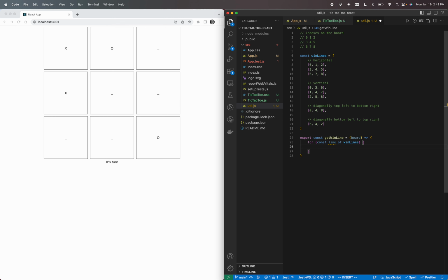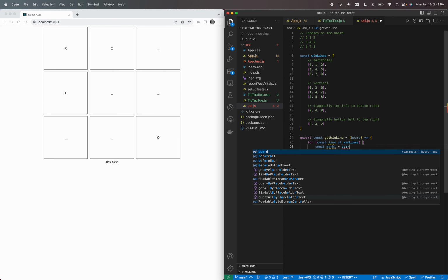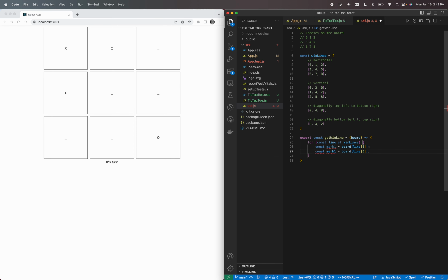I like to write something here like, let's get the first mark, which is going to be the board at the first index of this line, and we'll get a second mark and a third mark. And now we can say if mark1 does not equal null, and mark1 is the same thing as mark2, and mark2 is the same thing as mark3,